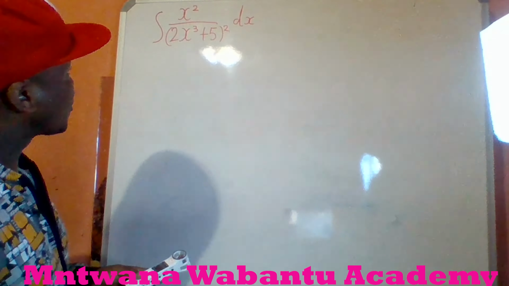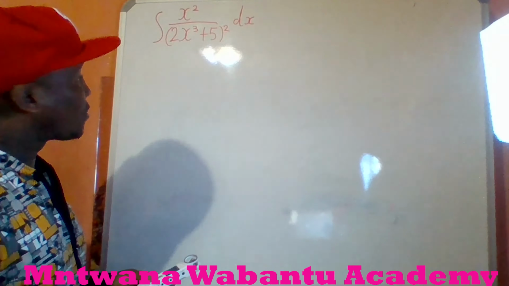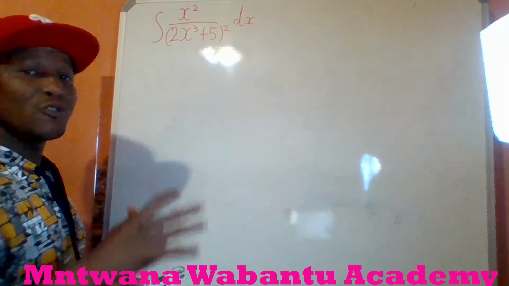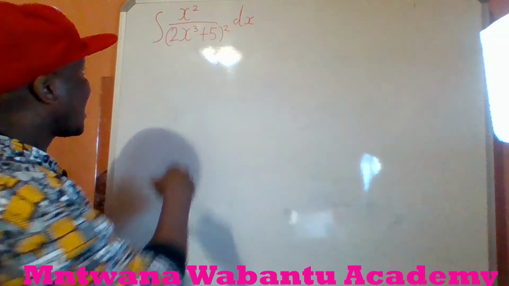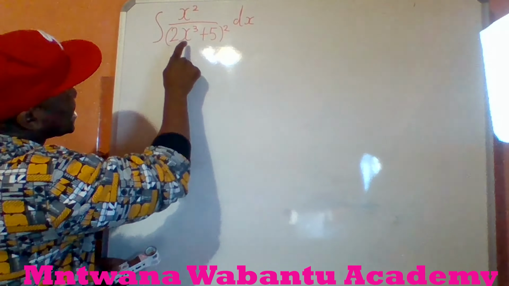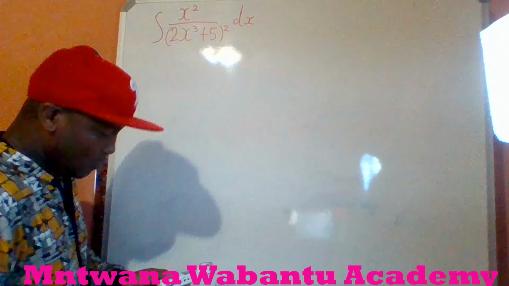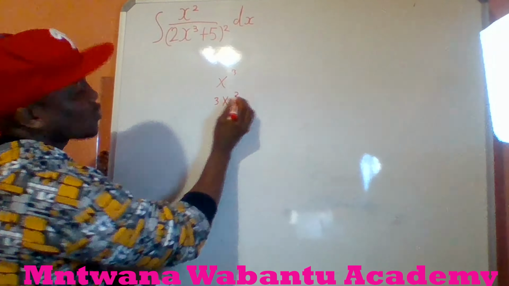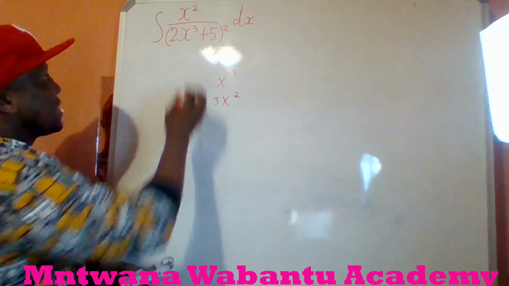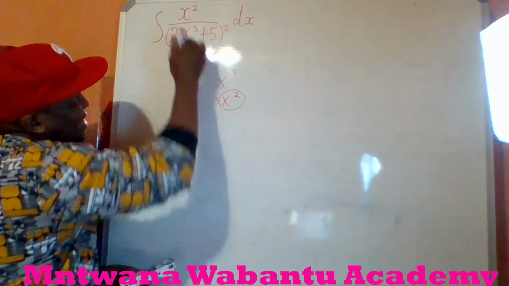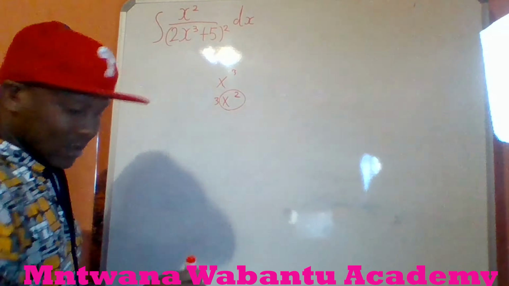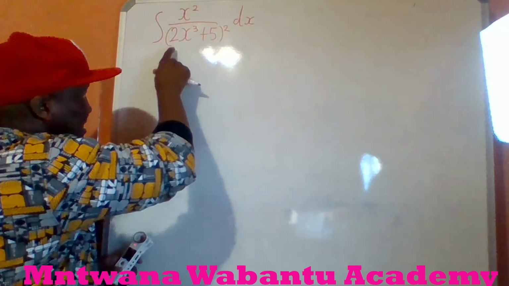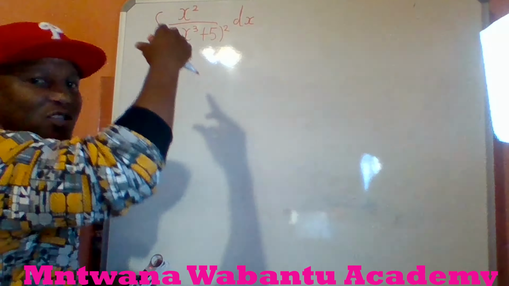Integral of x squared over (2x cubed plus 5) squared. So this is integration by substitution. How are you going to know that this is integration by substitution? Because look, 2x cubed plus 5: if I differentiate this x cubed, it's going to give me 3x squared. So it's going to give me something which looks like the one on top. So in that case, I'm going to let this term, which when differentiated gives me the one on top,